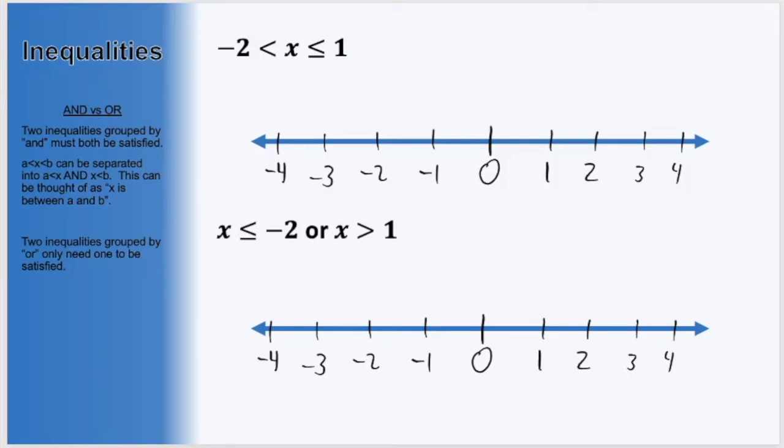There are also times when we have more than one inequality to express our range of numbers. We could potentially have x sandwiched between two numbers, like this first example, or we could have two separate inequalities joined by an or, like this second example. Let's take a look at this first example where x is sandwiched between two numbers. Reading this inequality with words would be -2 is less than x is less than or equal to 1. Or you can also think of this as x is between